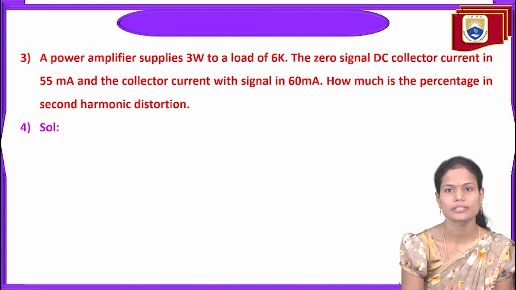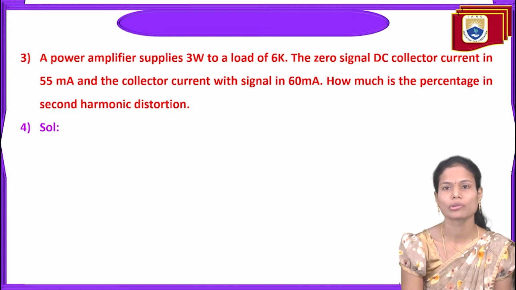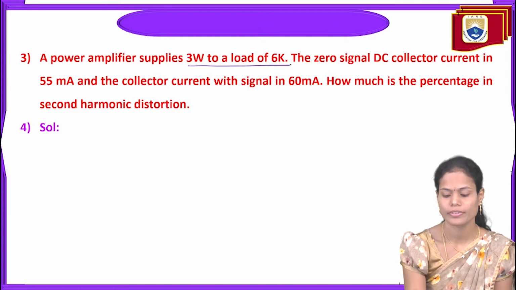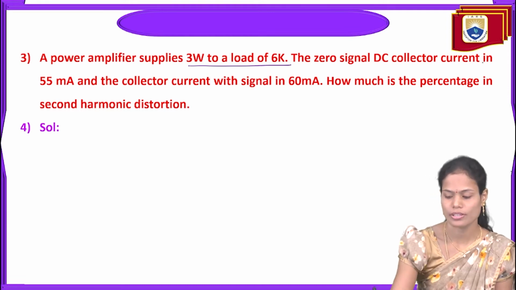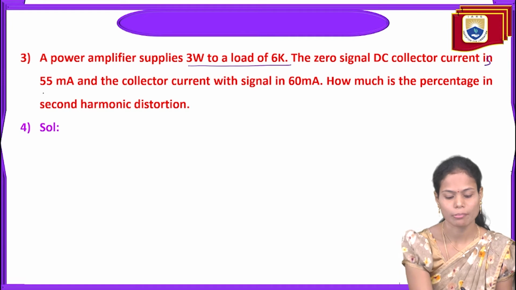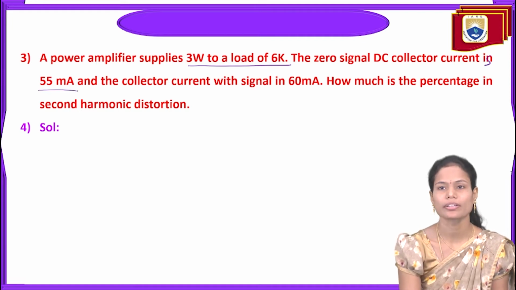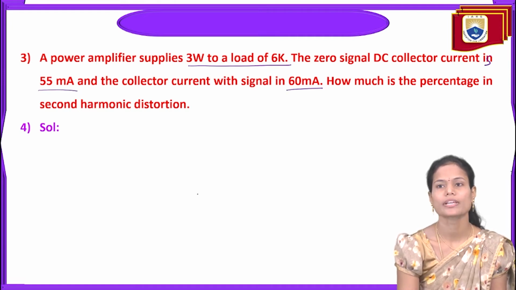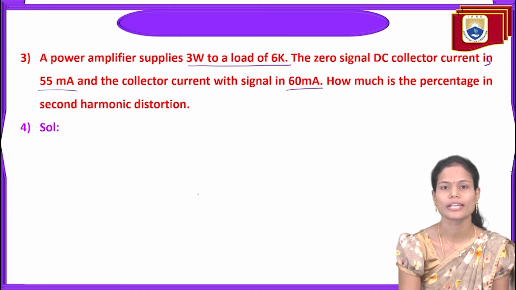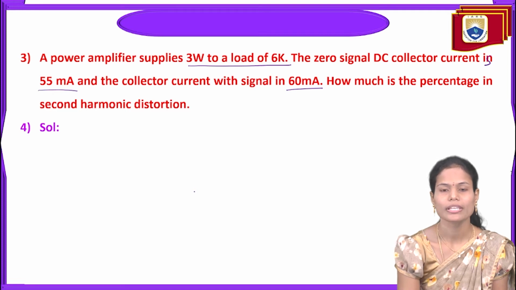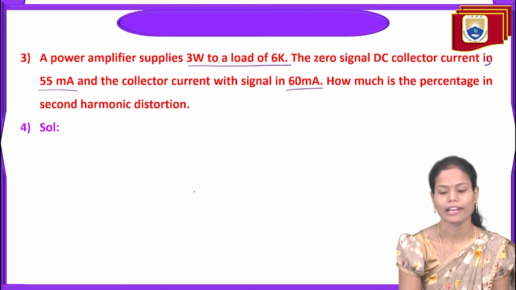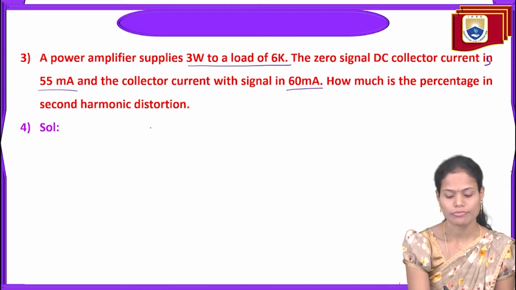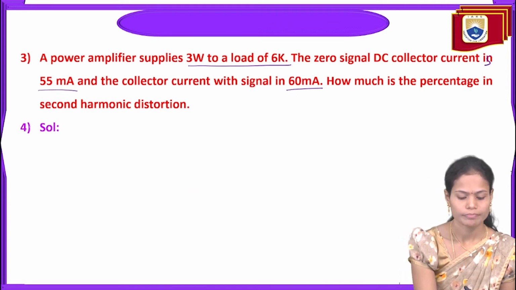A power amplifier supplies 3 watts to a load of 6K. The zero signal DC collector current is 55 milliamps and the collector current with signal is 60 milliamps. How much is the percentage of second harmonic distortion here? It is nothing but, from the given power amplifier, how much second order distortion we are getting, we need to calculate here. So for that purpose, first of all, I'm writing